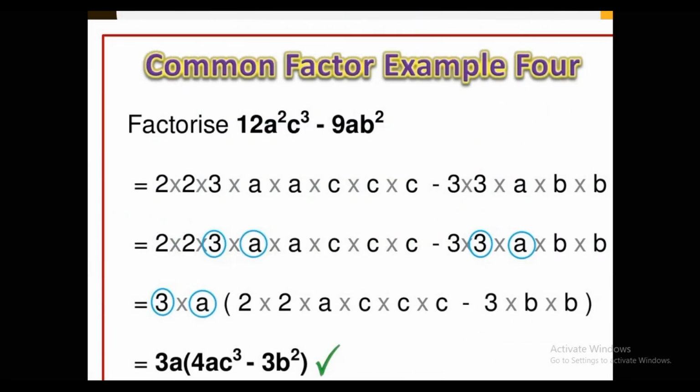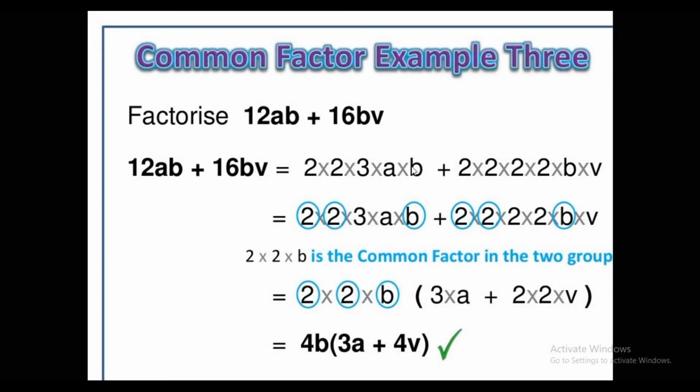Okay, so B, is there any Jomos Bhai of B? Yes, here is the Jomo's Bhai of B, and the leftovers. So we have marked the common factors 2, 2 and B. So 2, 2 and B is the common factor in the two groups. We'll take only one 2 from here,